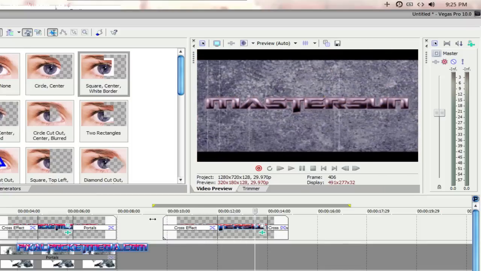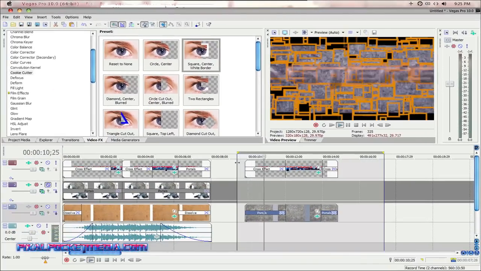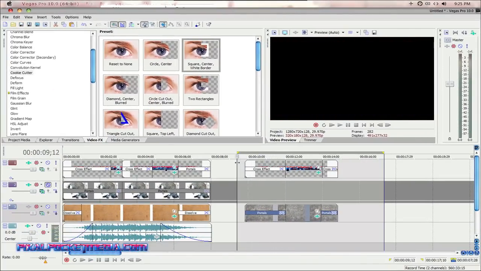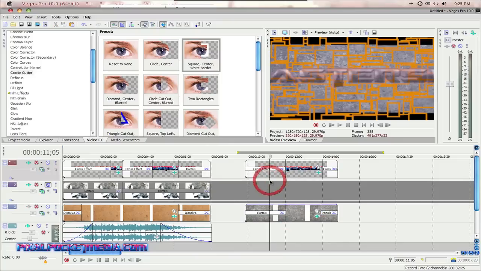Yeah, I think that looks pretty nice. I really like that. That's pretty much what I did on the intro. You want to do something like that. Oh, and also what I would do is up here on this one, since the portal is on top of that, I'd probably